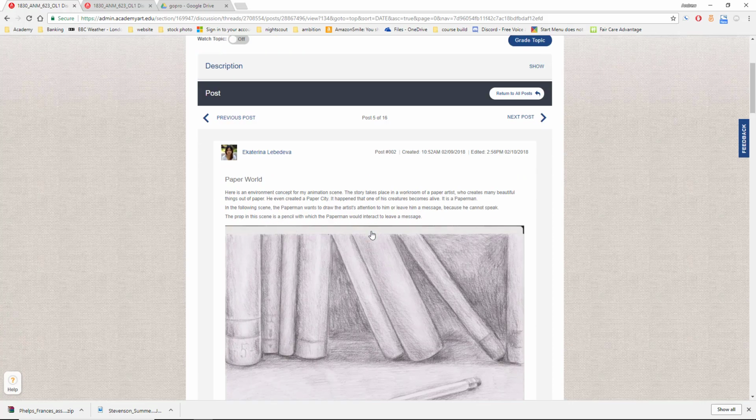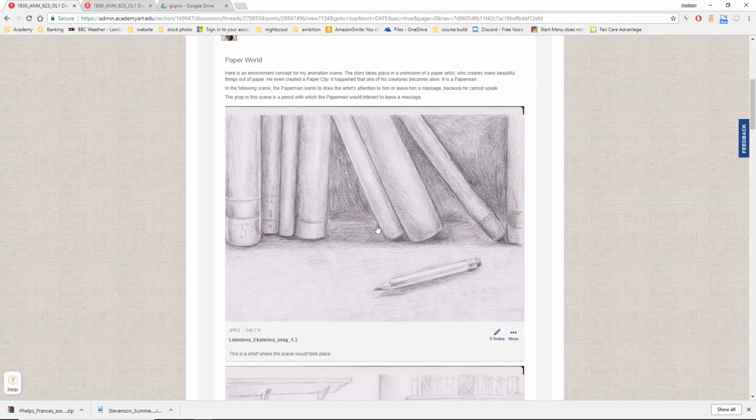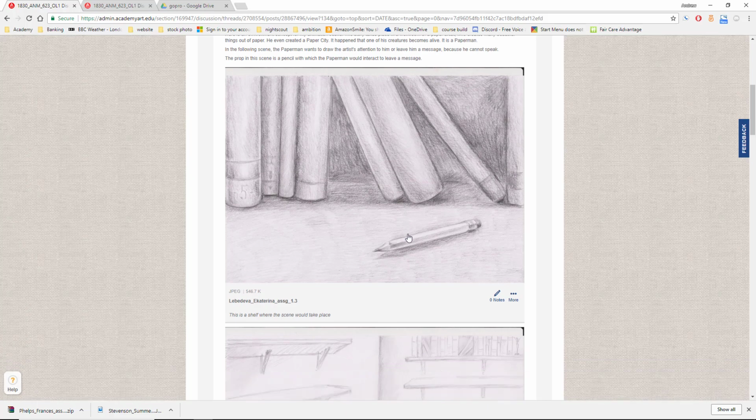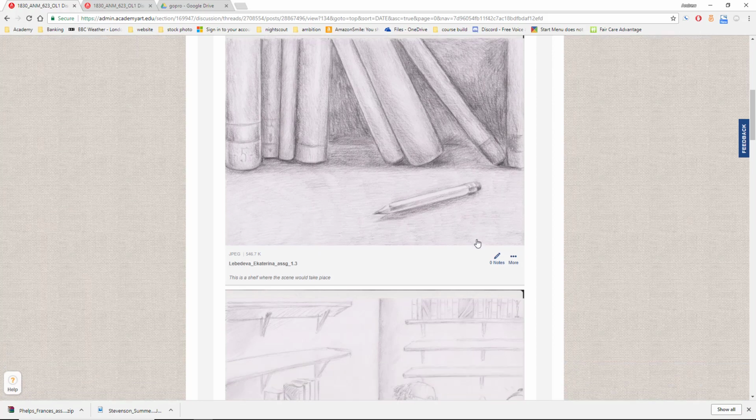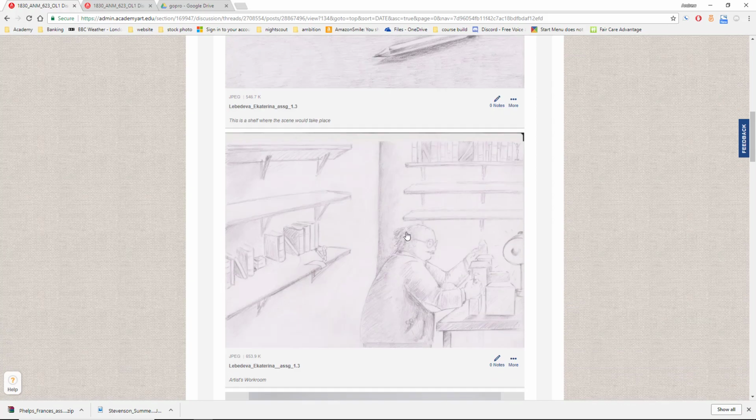Next up is Ekaterina, and I think this is much more on the right track. I could definitely see your small paper character interacting in here. Like I said, I had some concerns about creating the model of that character and it working well for this class. But as far as the environment's concerned, you have this kind of